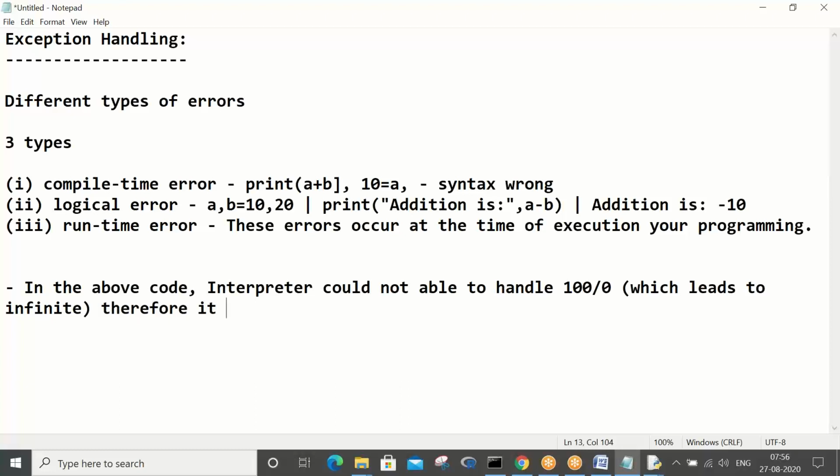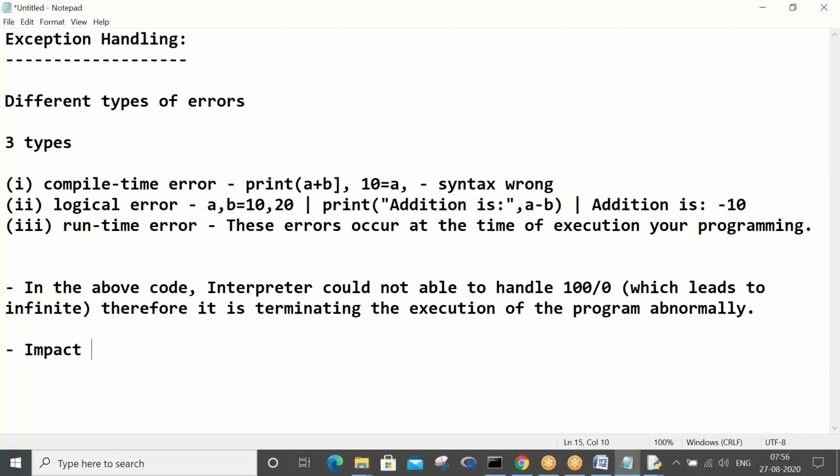Therefore it is terminating the execution of the program abnormally. The impact is we are not able to execute the remaining portion of the code.